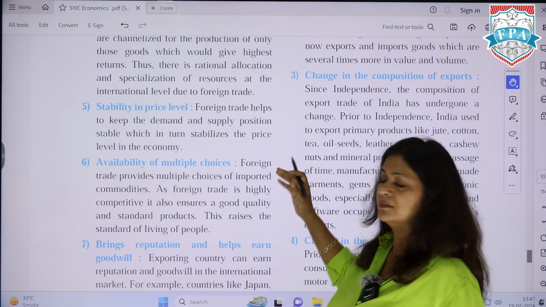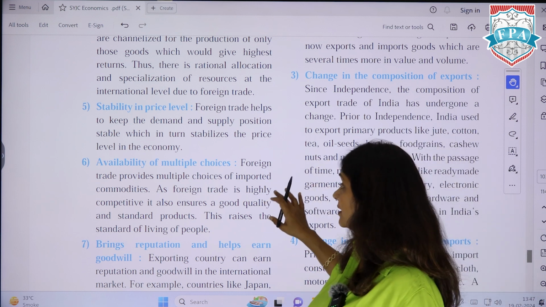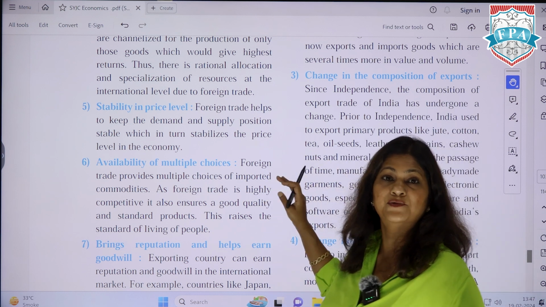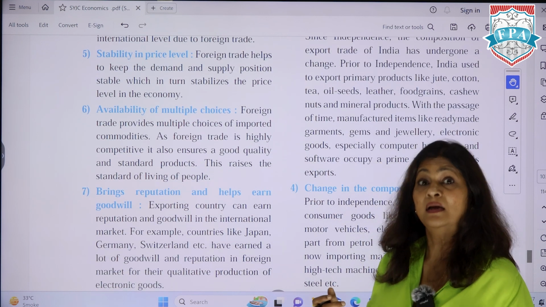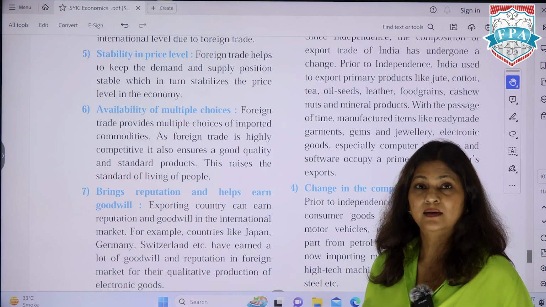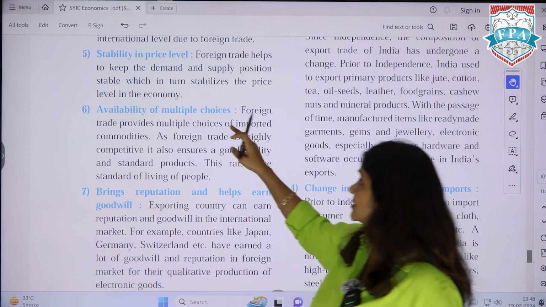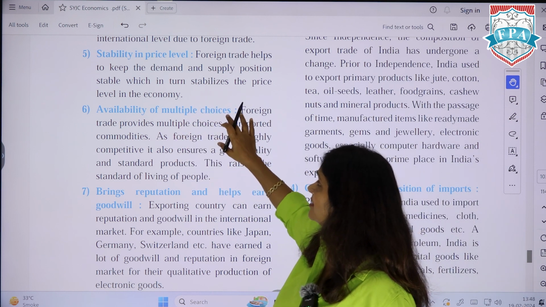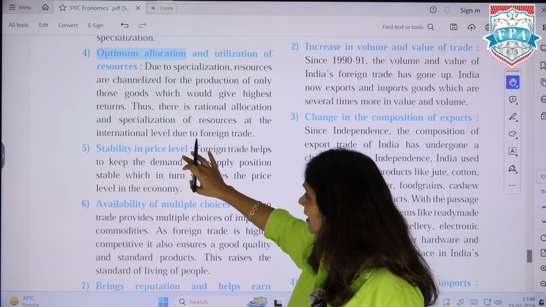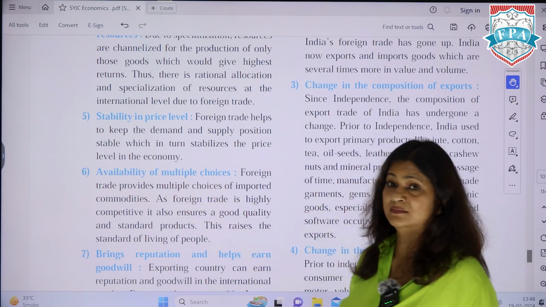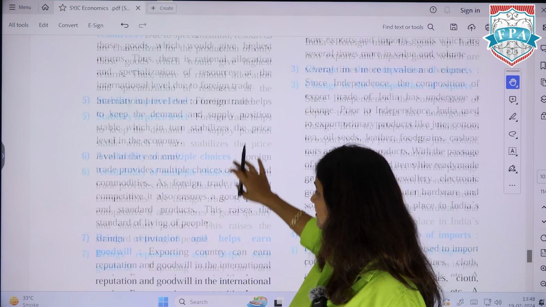Then of course demand and supply होगा तो price equilibrium, it will help the economy to be stable. So stability in price level. It gives consumer lot of choices, multiple choices, right? A foreign trade is highly competitive, so the best product is able to make a mark, so it gives lot of choices to the consumer. So there is M, so there was an S here, stability in price level, optimum allocation, so A here, so A, S, again A is what you can take up or M you can take up, so M, S, A,